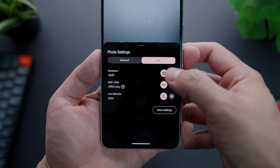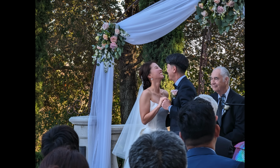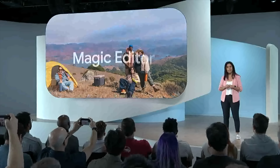You still have that slightly cooler temperature and really solid dynamic range. The Pixel 8 Pro also lets you access the Pro settings to change the default resolution to the full 50 megapixels or shoot in RAW, and overall the image quality continues to be exceptional across the Pixel lineup. And Google has focused heavily on giving users additional software features to tweak and modify their pictures that are actually